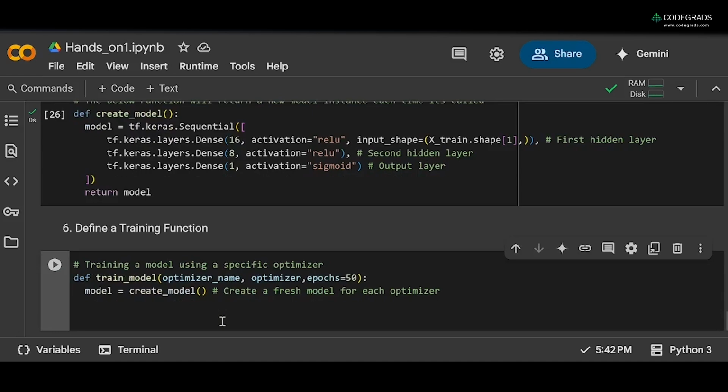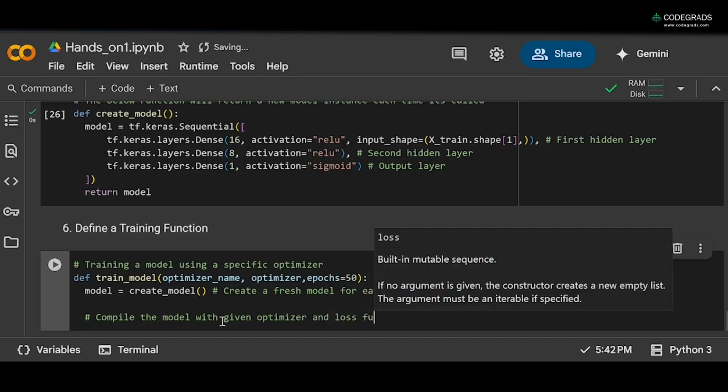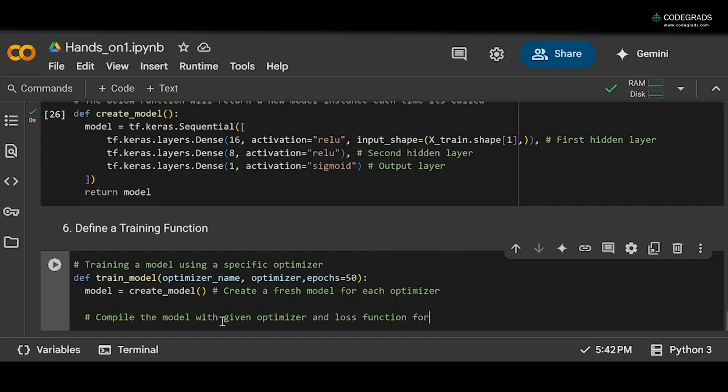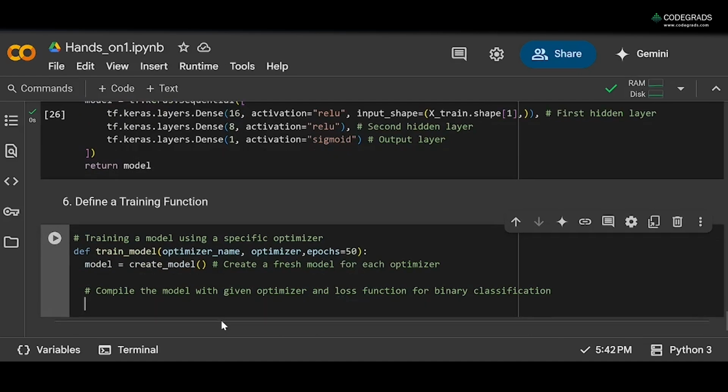Now we'll compile the model with the given optimizer and loss function for binary classification. So we'll use model.compile,